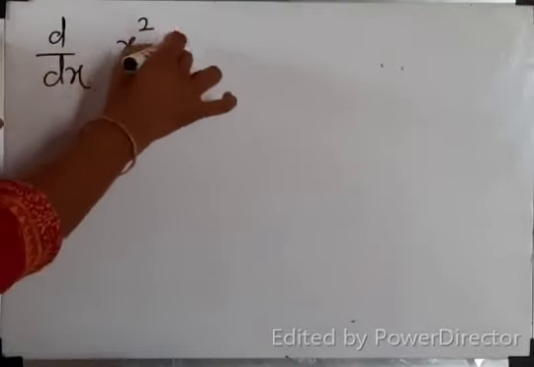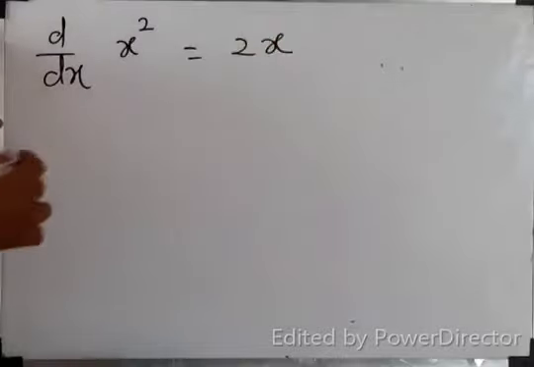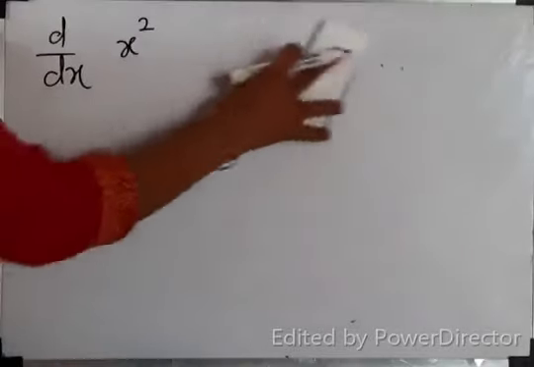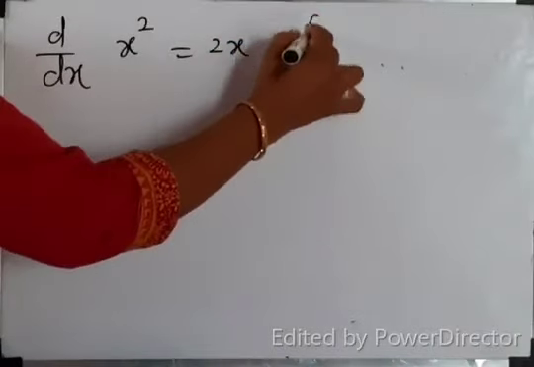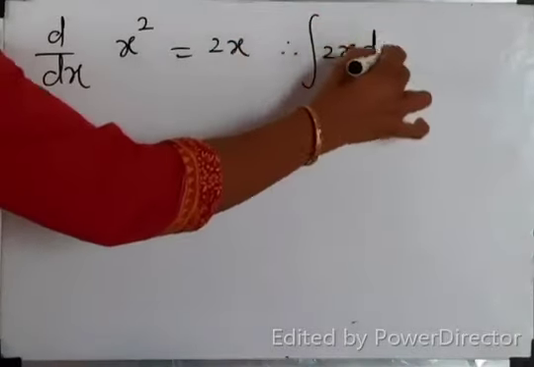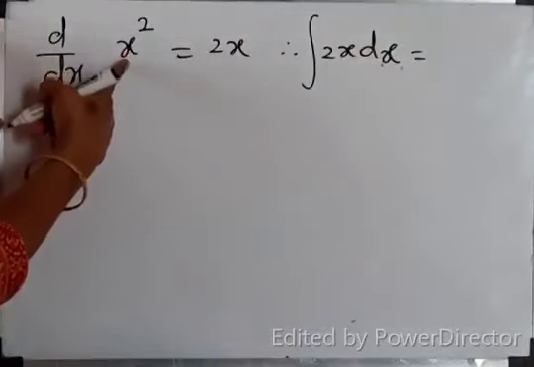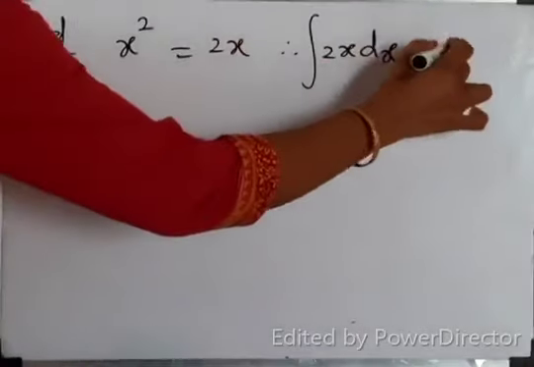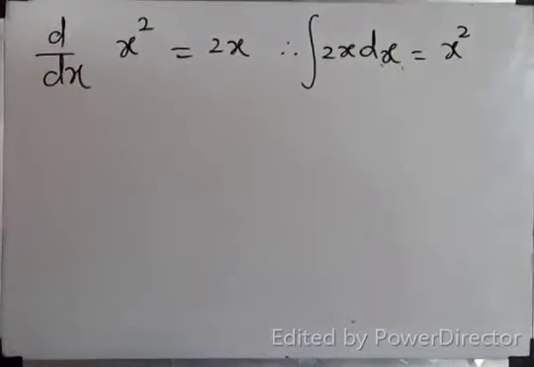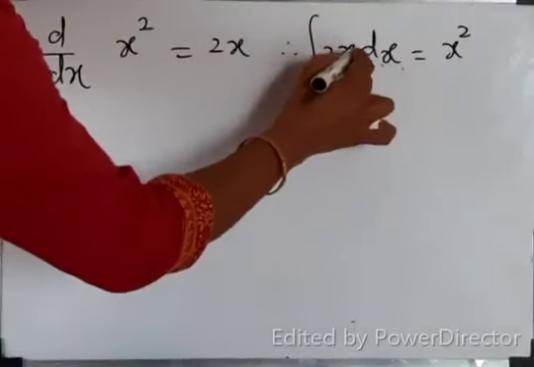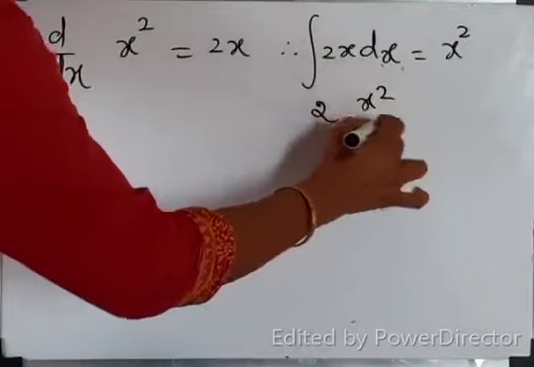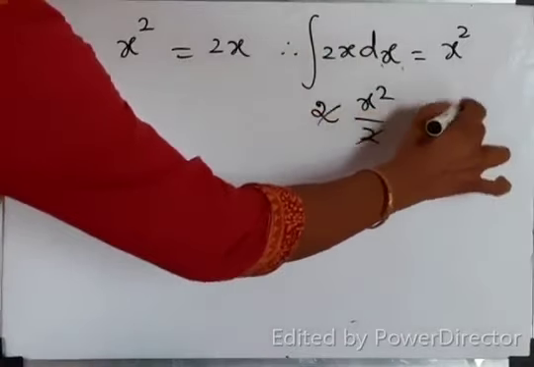Now, why are we writing plus C? I will tell you. What is the differentiation of x square? You all know, 2x. Correct? Therefore, the integral of 2x dx, what is your answer? X square. Yes or no? X square. Correct. How do you get this? The 2 outside and the x dx get cancelled: x squared by 2, so the 2 gets cancelled. The answer is x squared.